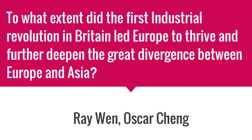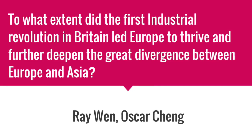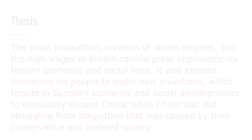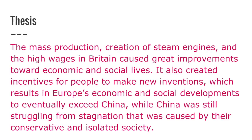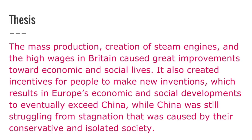To what extent did the first industrial revolution in Britain lead Europe to thrive and further deepen the great divergence between Europe and Asia? The mass production, creation of steam engines, and the high wages in Britain caused great improvements towards economic and